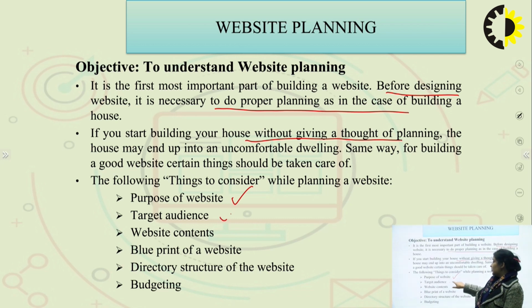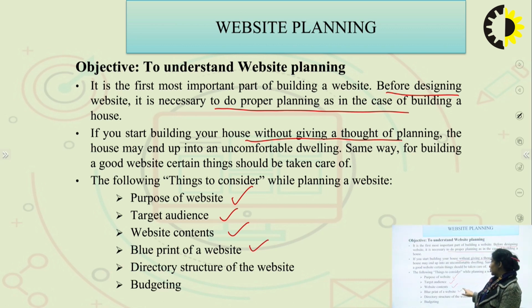Second, we need to identify the target audience, that is, what audience is required to access the website. Every website is not suitable for each and every audience. If we are creating a news website, that website might not be useful for children below, suppose, 5 years of age. So identifying the target audience is very much required, so that we can develop the website accordingly. Next one, the website content. What will be the content visible on the website? How will the content look? How much information will the content give to the user?